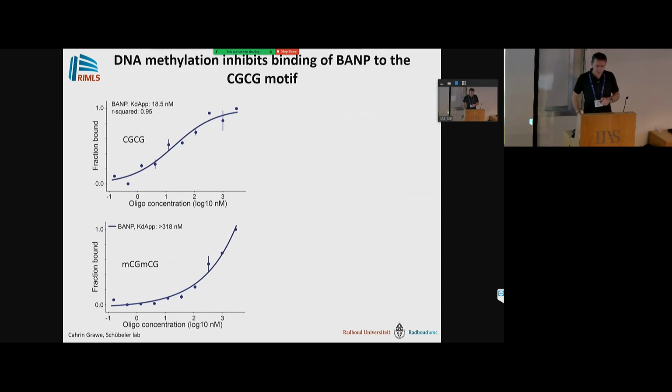The CG motif in CpG islands, of course, cytosines are known to be methylated. So we also investigated what the consequences are for binding of BEMP to the motif if we methylate the cytosines here, and that results in a strong reduction of binding affinity. Here you see the affinity for the wild type sequence, and this is when both of these cytosines are methylated. So methylation seems to be a regulatory switch that determines whether BEMP is able to interact with these sequences or